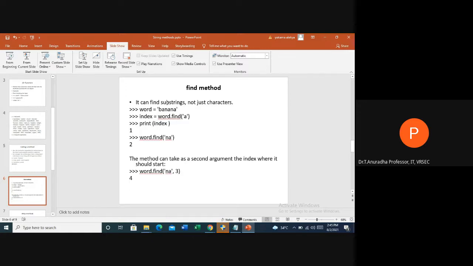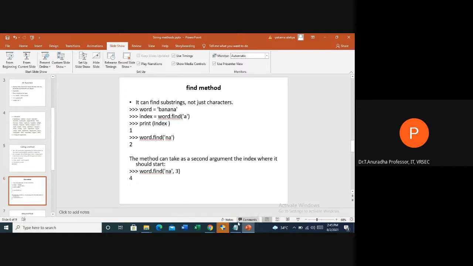In the given string banana, starting from the third index position, that means 0, 1, 2, 3, starting from this A where NA is there, NA is there at the fourth index position. So likewise, you can also pass a second argument to the find method. The second argument gives the index from where you want to fetch the given substring.